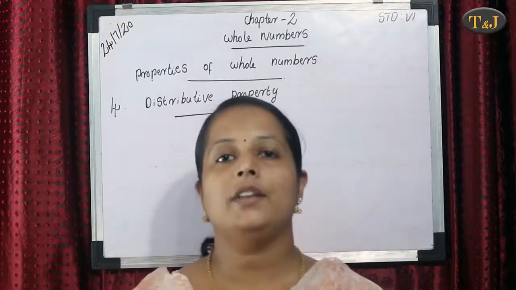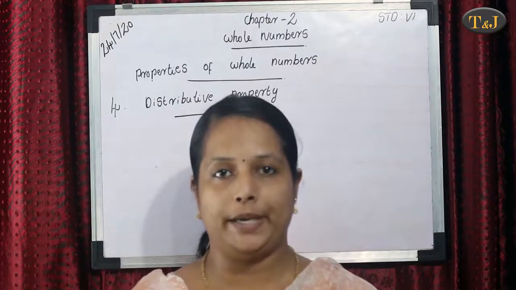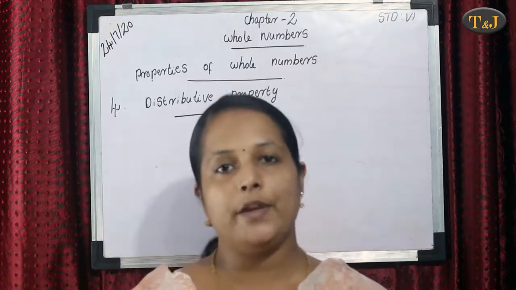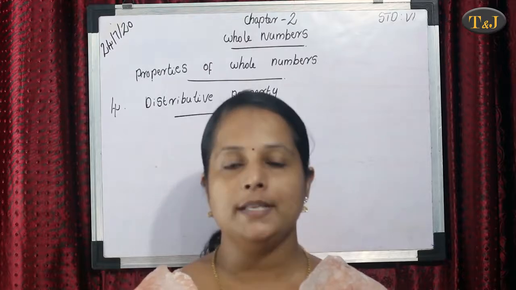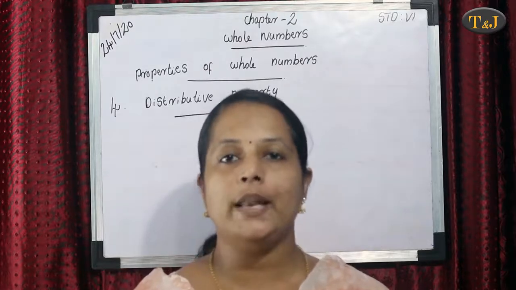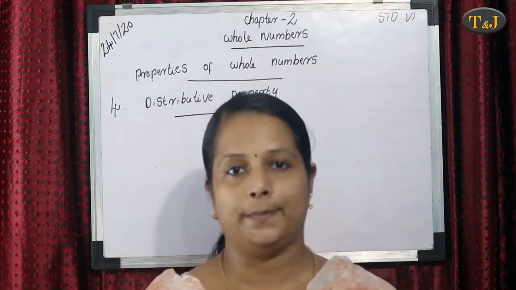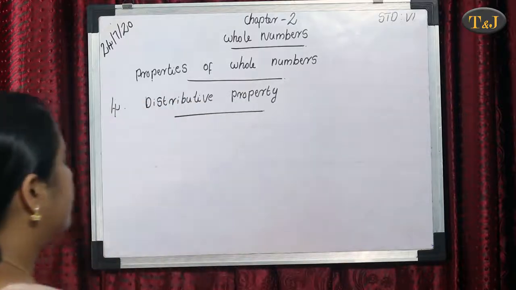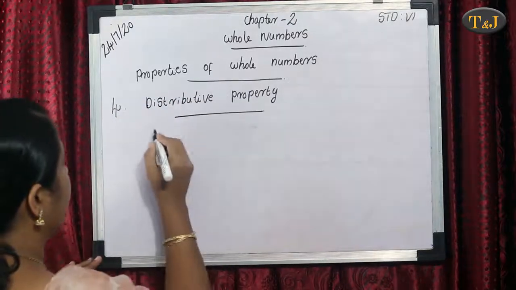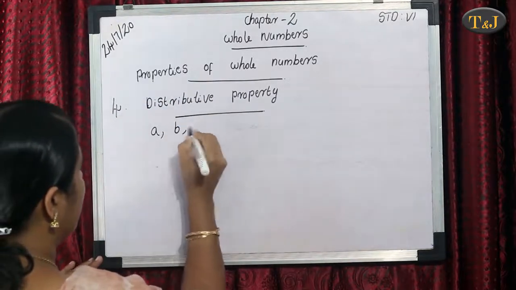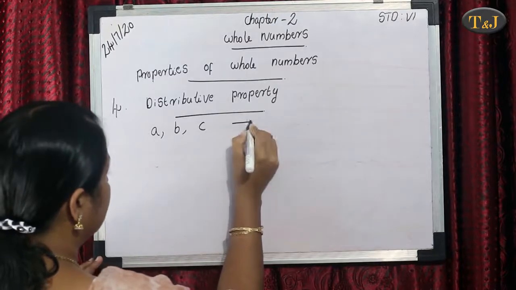Okay. Our next property is the distributive property. The distributive property means that if A, B, C are three whole numbers, then A cross (B plus C) equals A cross B plus A cross C. Okay. Then first we write the distributive property. If A, B, C are three whole numbers,